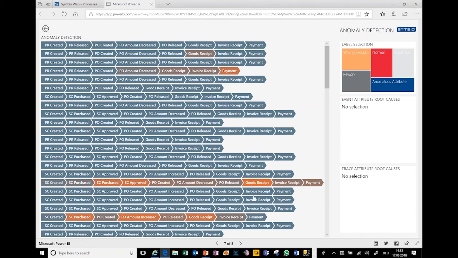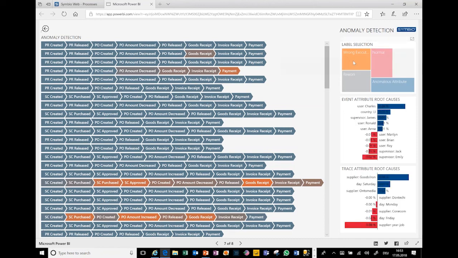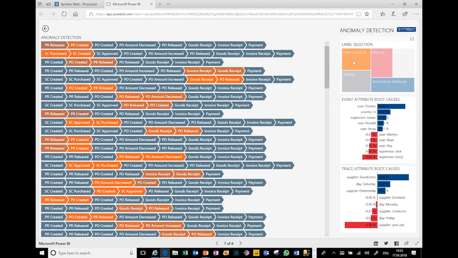This doesn't have to be something that is wrong. It might be wrong, it might be correct, but first it's an anomaly that we define. And what you see here in the rows is that we have all the different business cases, and on the right side I can select, for example, the anomaly wrong execution order, and then